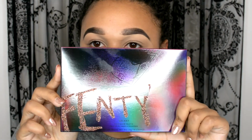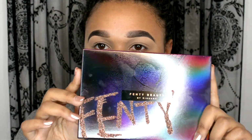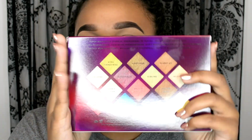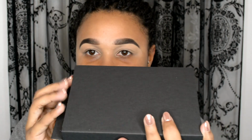So this is the palette. You can see the holographic kind of packaging there. Really, really unique. And then on the back it just has all of the shade names and the colours, which is going to help quite a lot. So the palette just comes in this little black box. And then